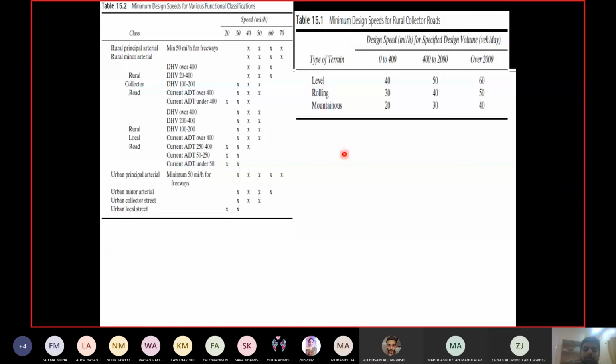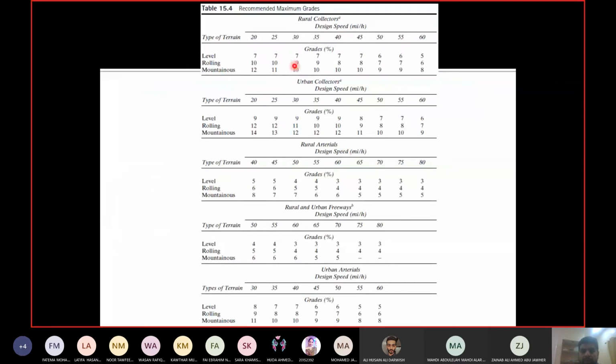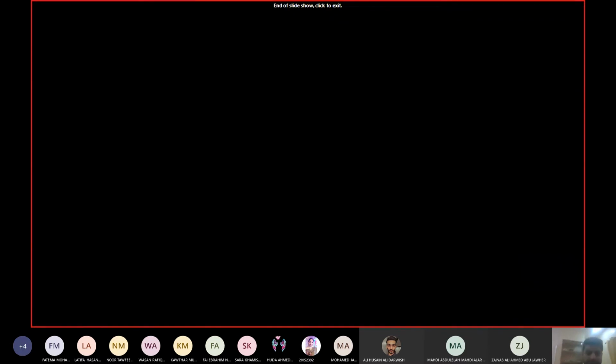Shoulder width, same thing. Still, I will not change my mind for the preferable range. They did not mention HGV, pedestrian, or bicyclist, or that it's an arterial. So I just pick up the value 2.4 meters, which is 10 feet. Then the last thing is the gradient. Go to this table. Rolling terrain, rural collector, speed is 50, the gradient is 7%. So these are two case studies about how to select the values.